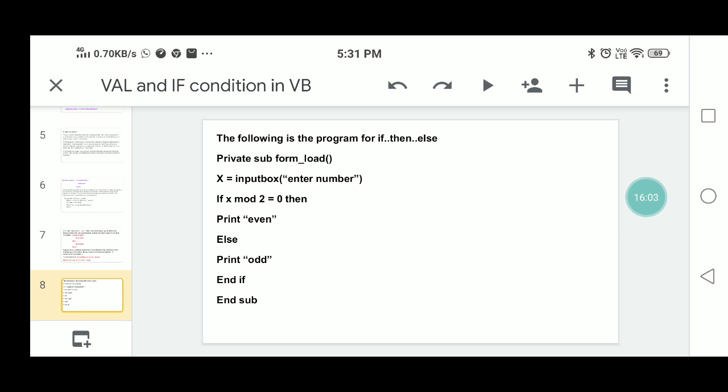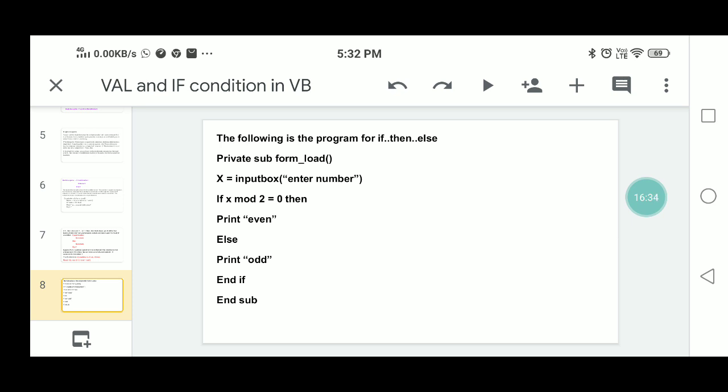After evaluation of x mod 2, it returns the remainder. For example, if you take the value of x as 5, it returns not 0, so it will print odd. Next, you can take the value of x as 6. 6 mod 2 returns the remainder 0, so it will print the result as even. This is the if then else.